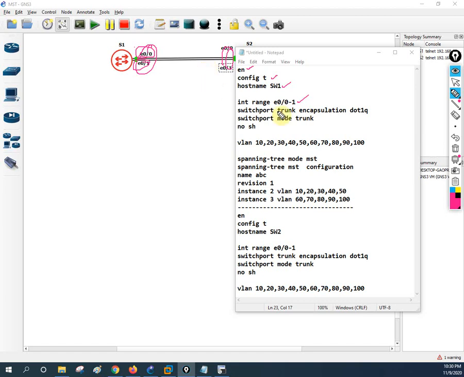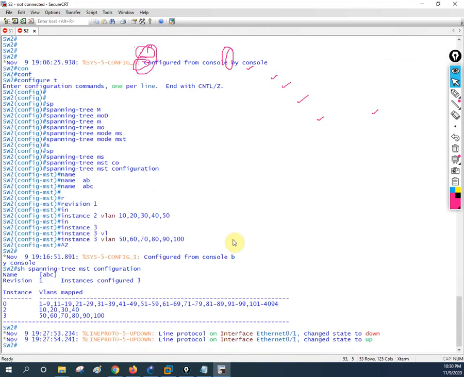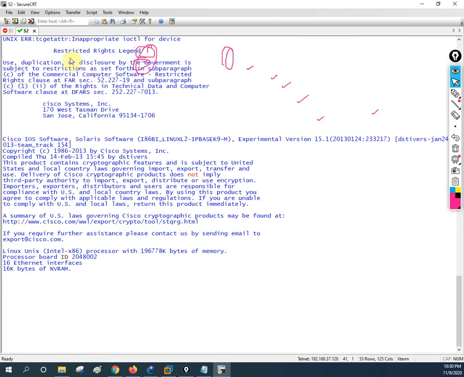Okay, so here what I have done: by using these two commands I make the interface a trunk. If you see here how we can do it, let me show you. This is switchport trunk encapsulation dot1q. When we have a layer 3 switch, we use this command, and after that we need to write switchport mode trunk. Okay, let me switch off this switch and switch it on again, because it will have the old configuration, whatever we did before. Let me check here, now it will go.